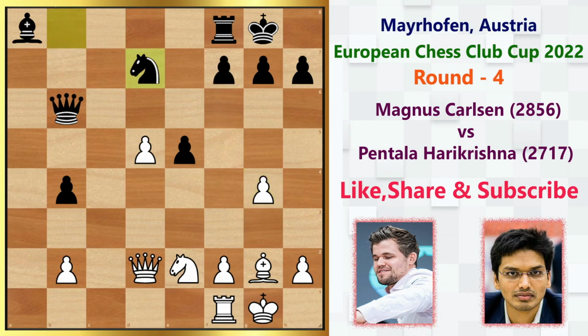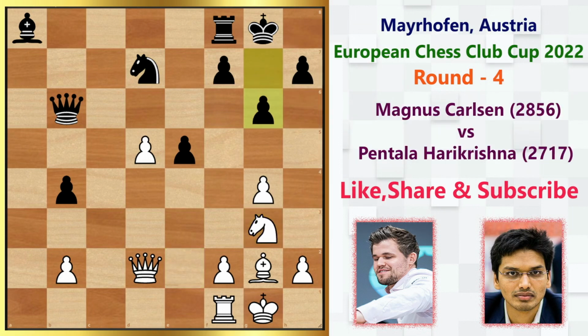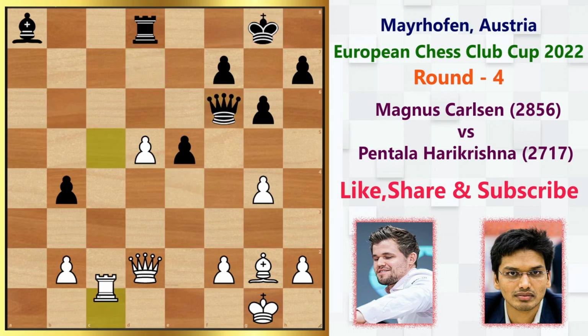So in the game, finally Harikrishna, in the 18th move, develops the knight to d7, knight g3. Here comes the move g6, stopping the knight f5 idea. But now rook c1 grabbing the c file, rook to d8, knight e4, and here comes knight f6. So here Magnus simply exchanges the knights, and after that Magnus plays rook c5, queen b6 by Hari, queen